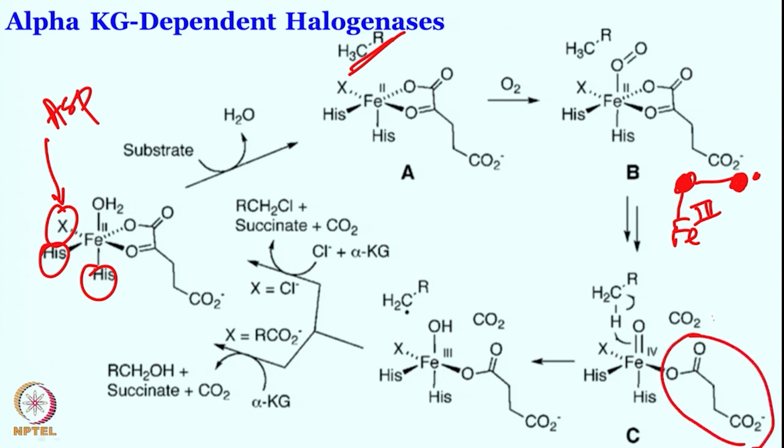This is upon decarboxylation of this alpha ketoglutarate unit. Now, this iron 4 oxo unit, as you can see over here, can abstract a hydrogen atom just like what you have seen in the hydroxylation chemistry, but the only difference is you have the halogen over there. Now, it can abstract a hydrogen atom from the substrate to give the substrate radical intermediate,